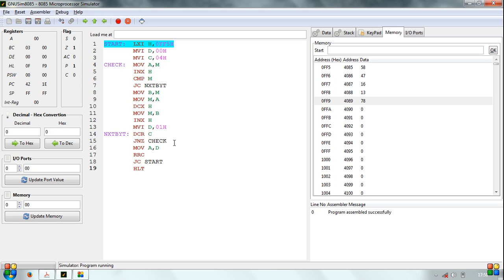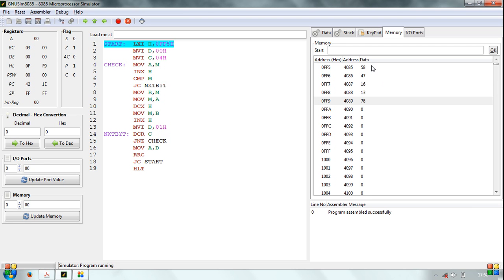However, if C is equal to 0, move the data in register D to the accumulator and perform rotate accumulator right, or RRC, to set the least significant bit as the carry flag. If the carry flag is set to 1, a swapping process has occurred in the last comparison and there exists a possibility that another swapping may occur in the future. If the carry flag is set to 0, program execution is terminated.